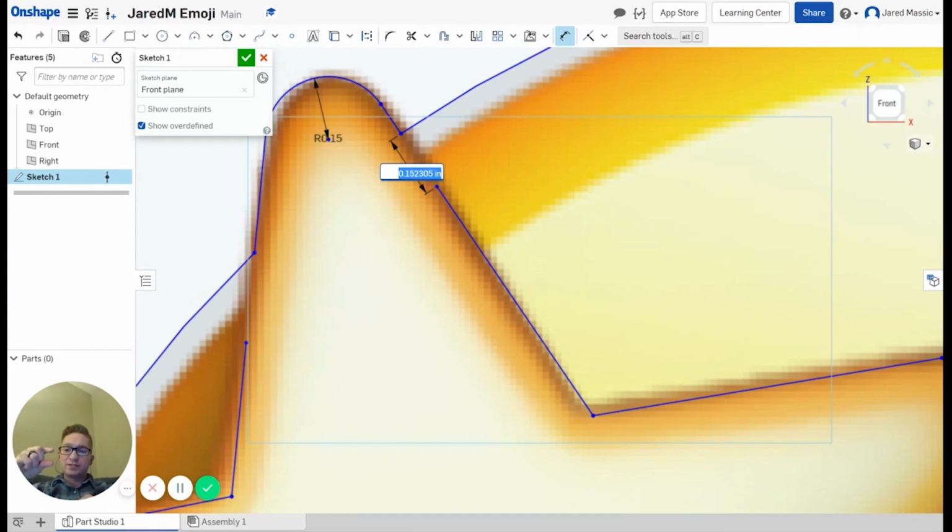That's the smallest I would like two cuts to be close to each other with, if that makes any sense. Because if it's closer than 0.15, the heat from the plasma cutter will connect those two spots and they'll melt away. They'll obliterate it, essentially. So you hit this little dimension tool up here, click on a spot, click on another spot,